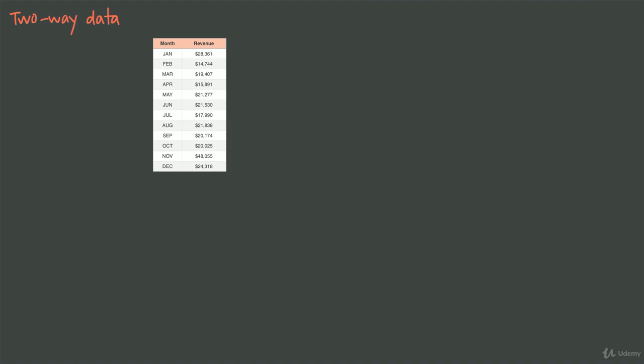In this video, we're talking about two-way data and how it's different than one-way data. So let's just quickly review what we mean by one-way data, which we've already covered previously. So something like this would be a one-way data table where we have the individuals, which are the months in this particular case, down the left-hand side, and then the single variable for those individuals down the right-hand side where